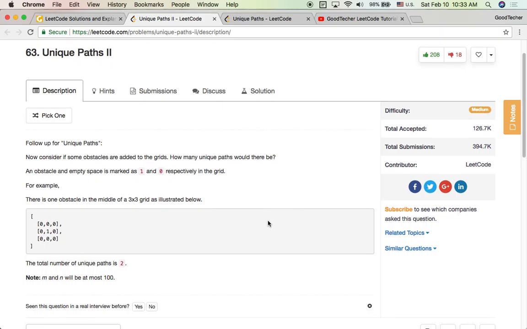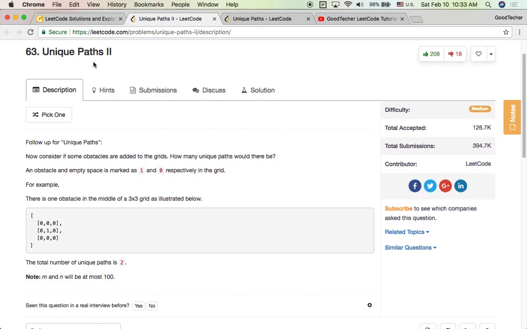Okay, so that's all about this Unique Paths 2 coding problem, and thank you very much for watching GoodTecher